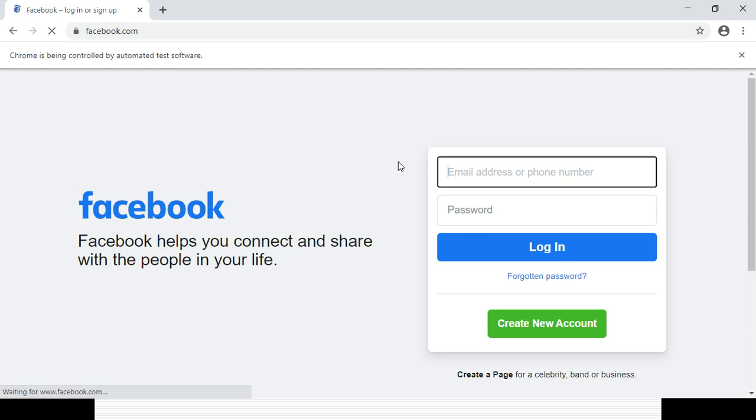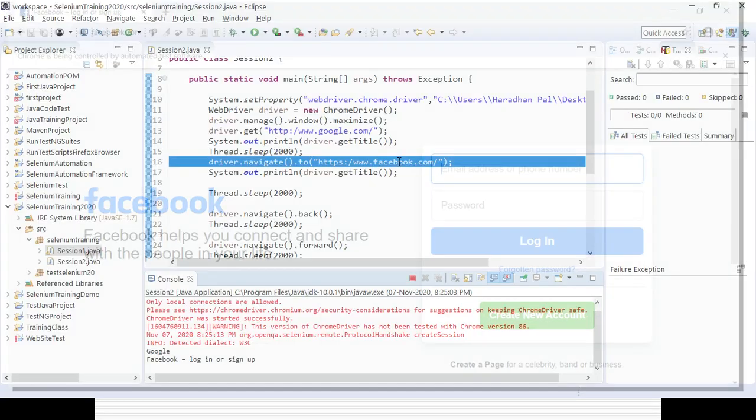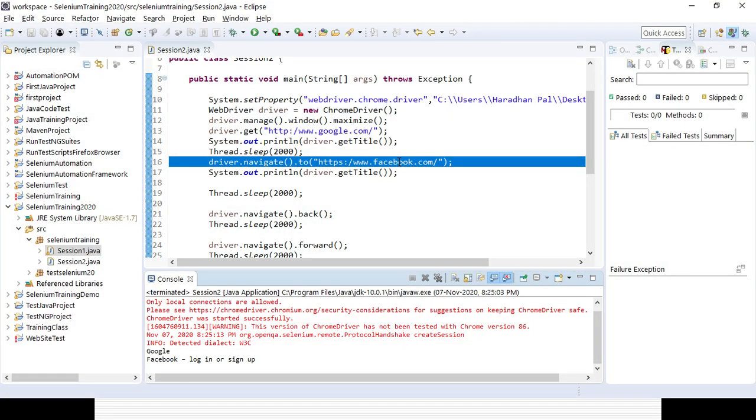Once the page is loaded it will quit the browser. So that is the line of code I have written and my code is working fine.